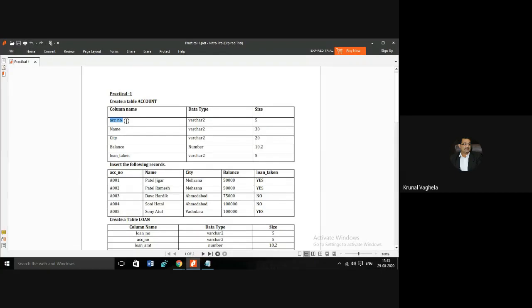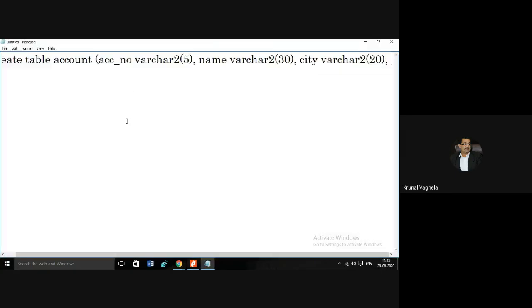Balance, data type is number, size is 10, 2. I already told you what is the meaning of 10, 2. The total length of the number is 10, and after the decimal point, it will store digits up to 2 length.